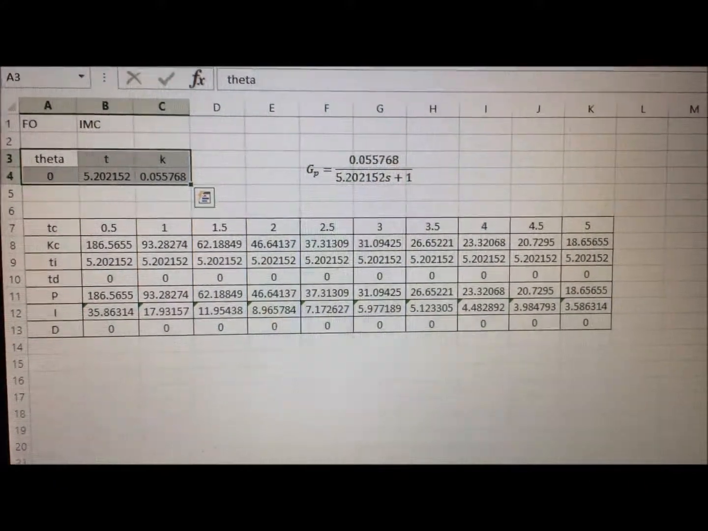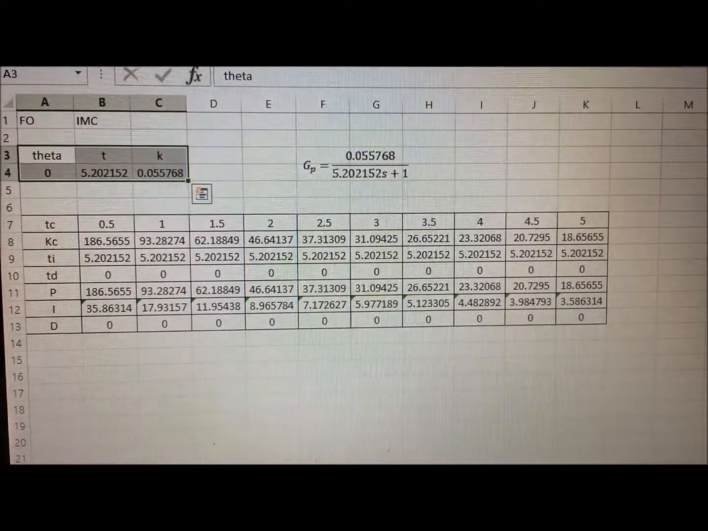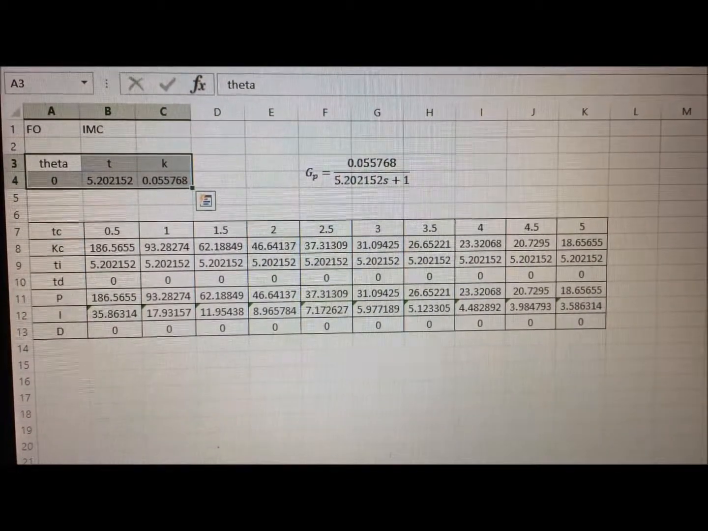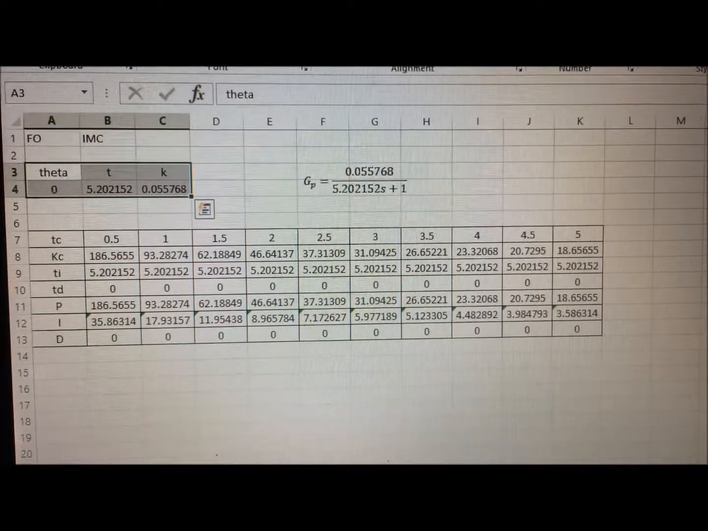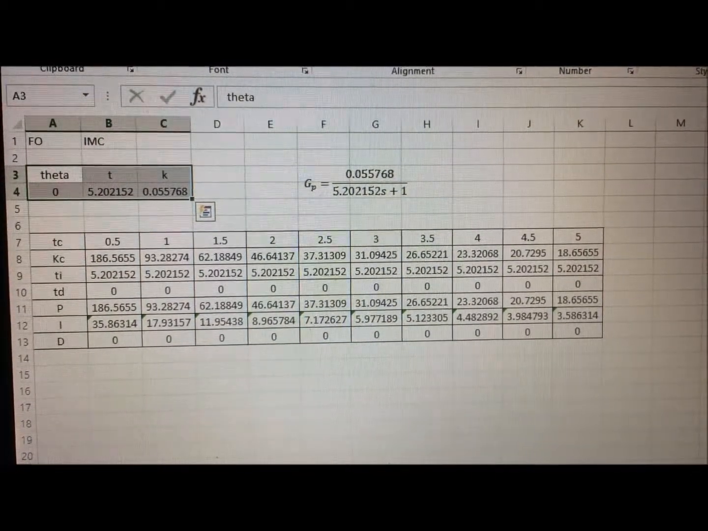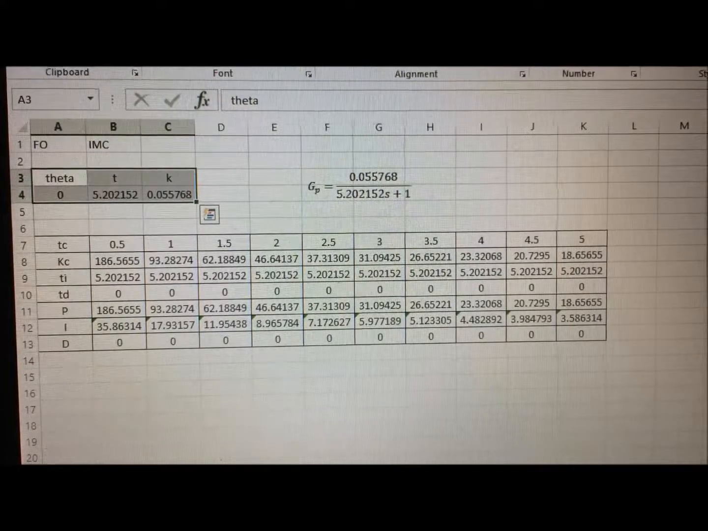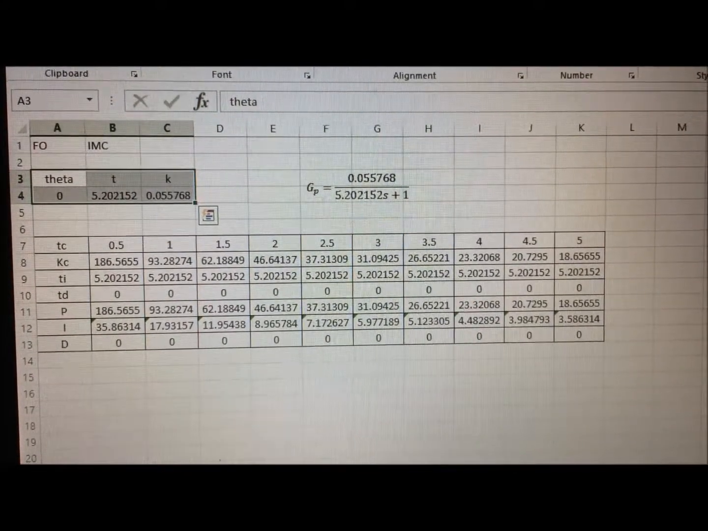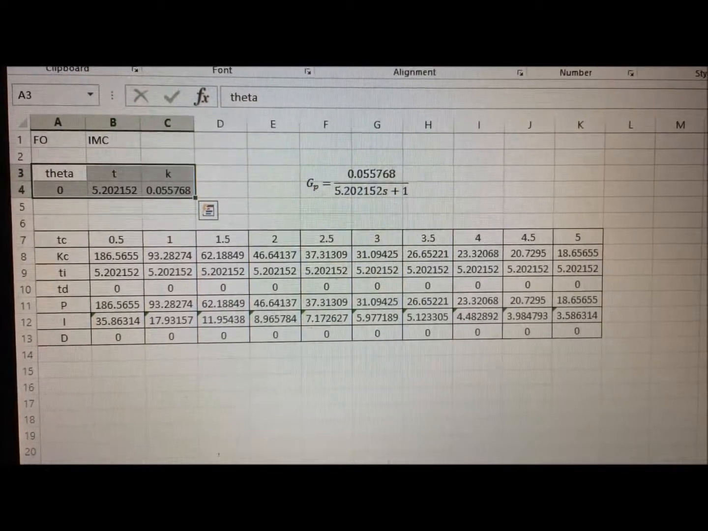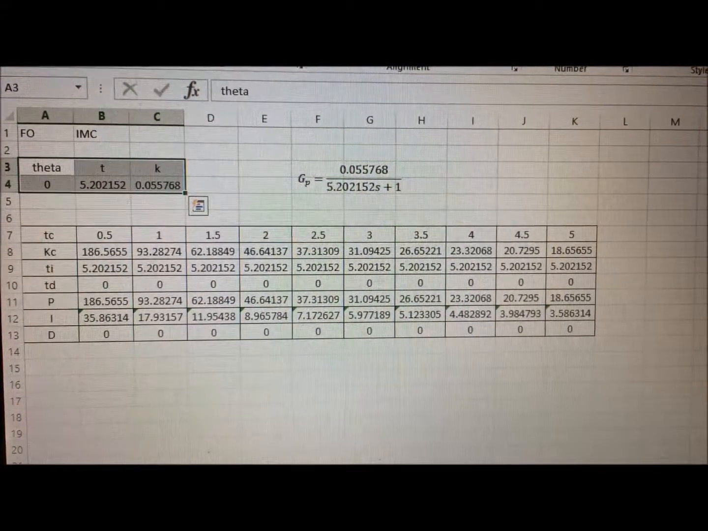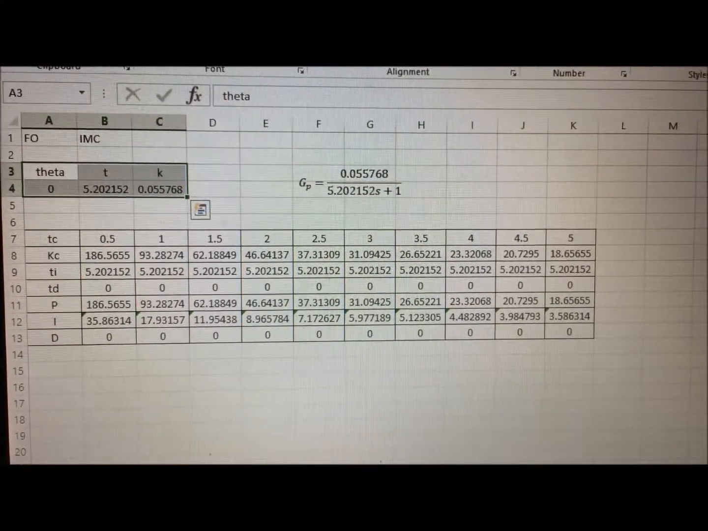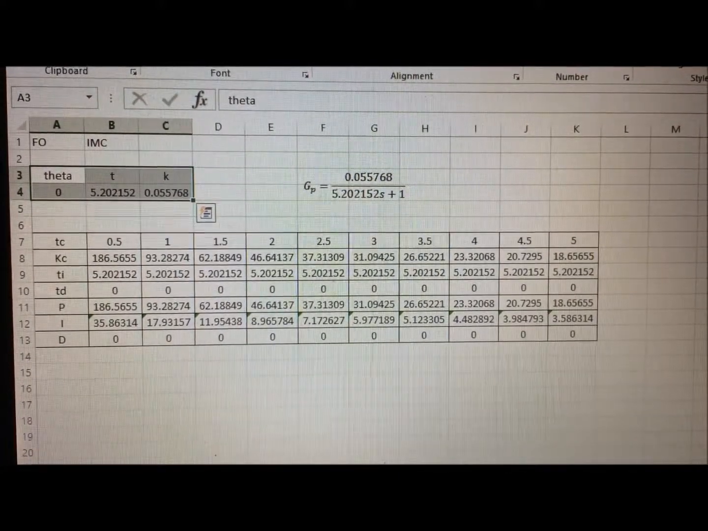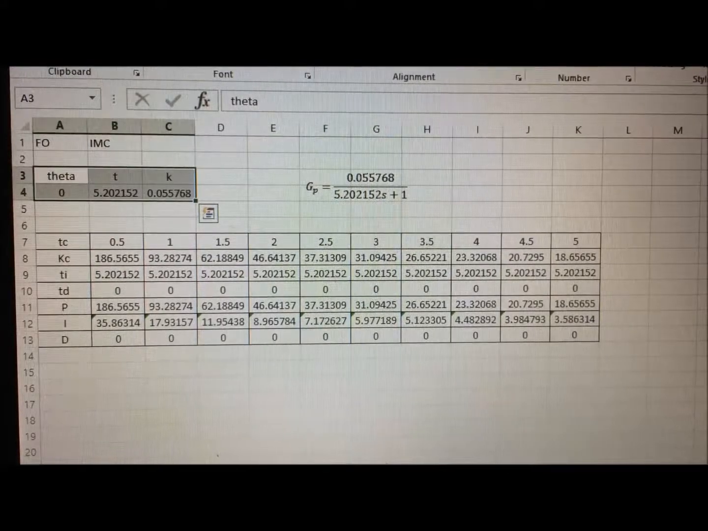Okay, now we continue with finding the GC. Since we are using the PID controller, we are going to use the IMC table to obtain our KC, tau I, and also tau D. So from the GP that we obtained just now, combining with our GM and GV, which we assume to be 1,